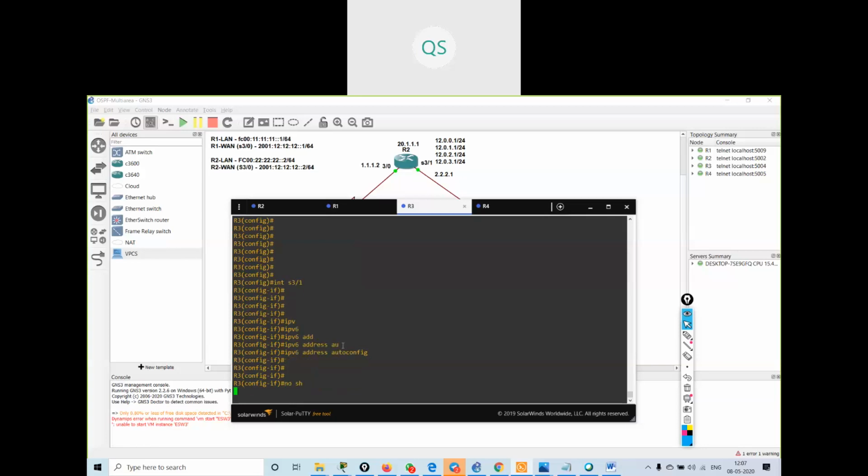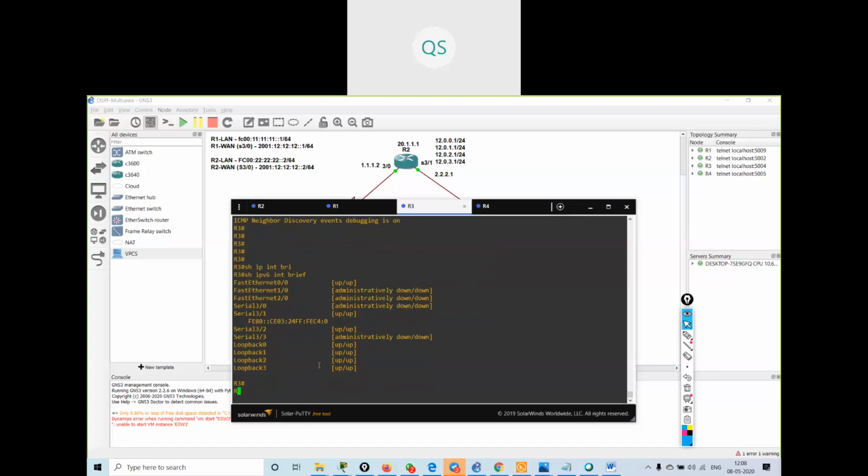Now I can check debug IPv6 ND. So I should get the address. I'm not getting the address.